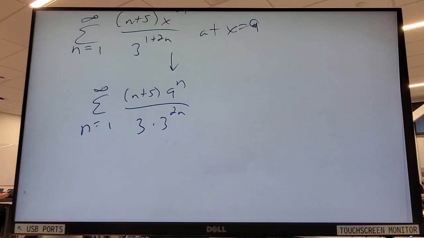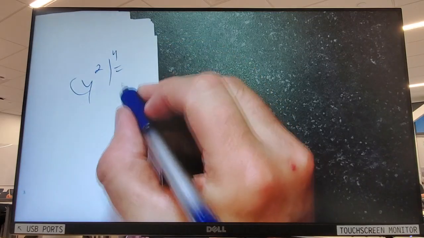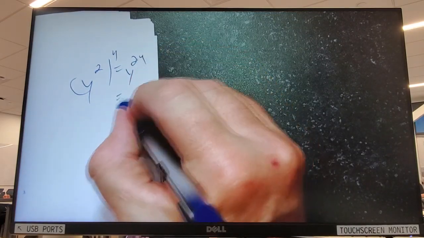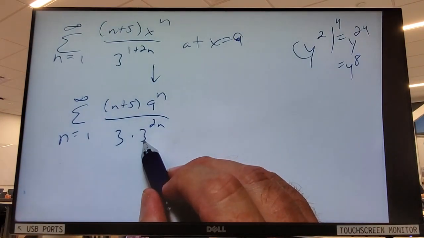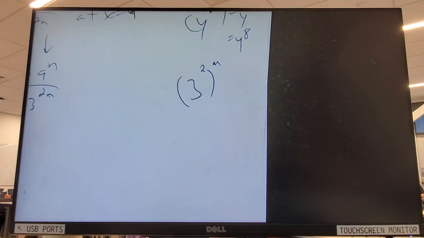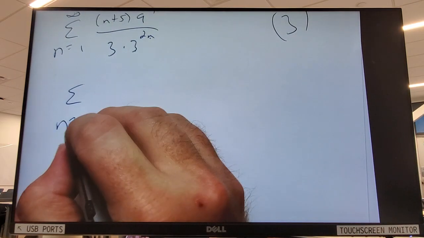You can see that. Just to remind you, can somebody remind me, if I had y squared to the 4th, what is that? Y to the 2 times 4, y to the 8th, yes? So if I have 3 to the 2n, that was 3 to the 2 to the n, because I'm multiplying the powers. Or, to be honest, 3 to the n to the 2, but this is a better way to write it. So this becomes